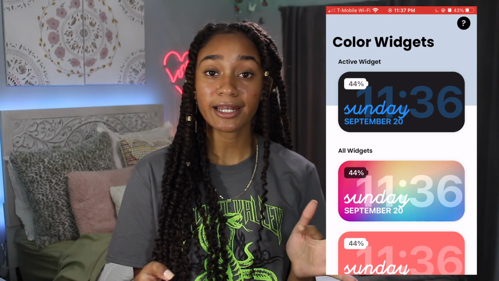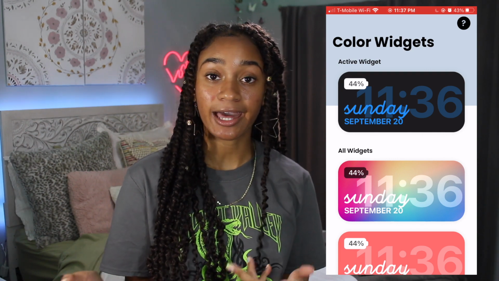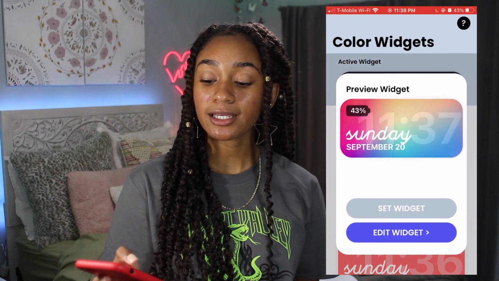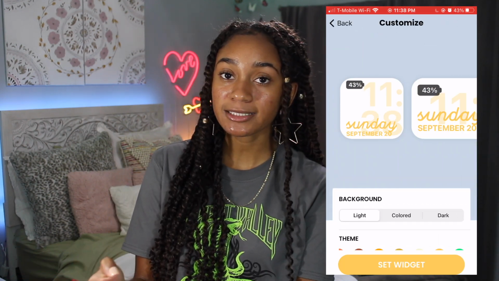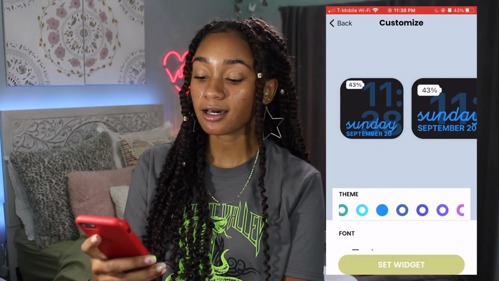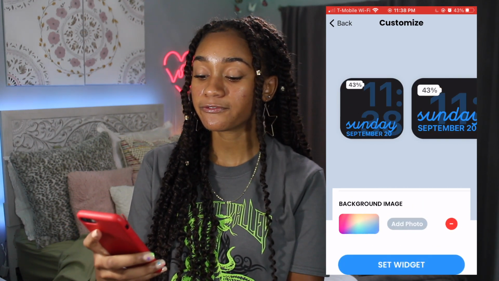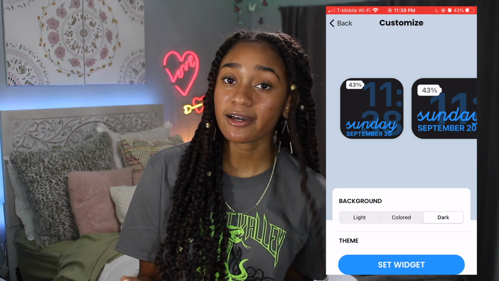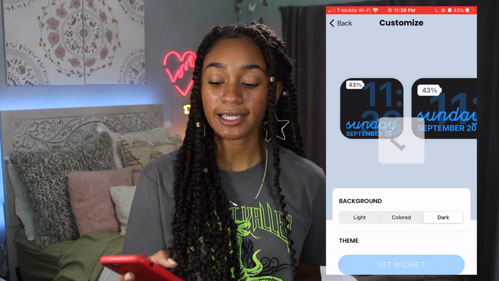So you can click on any of the ones that they have because we're going to edit it anyway, so it doesn't really matter which one you click on. And when you tap on one, you're going to hit edit widget. So when you open up this tab, you're able to see that you can change the background, you can change the color that's in it, you can change the font, and you can even add your own image to be the background of the date. So then when you have that customized the way you want, you're just going to want to hit set widget,